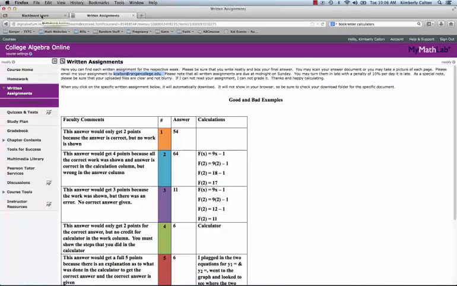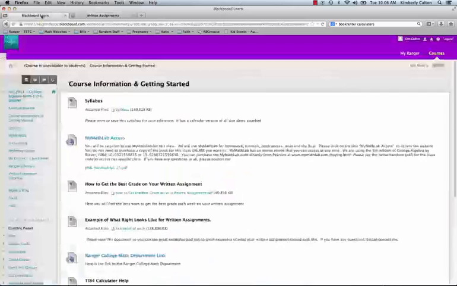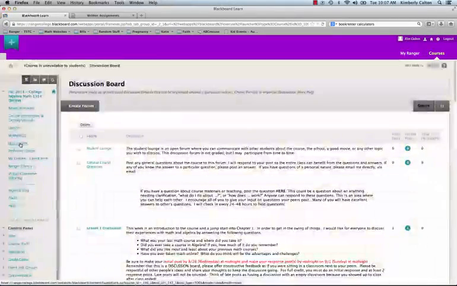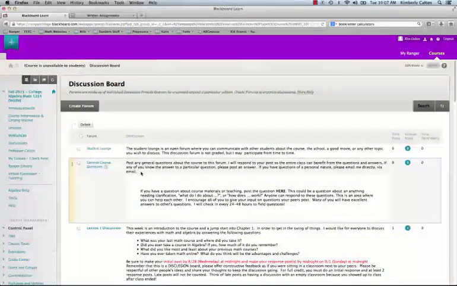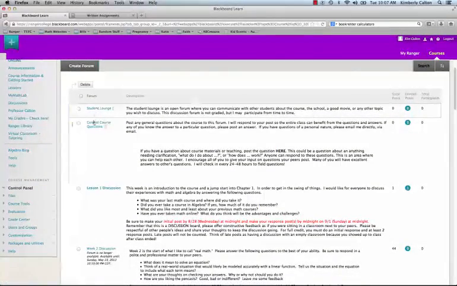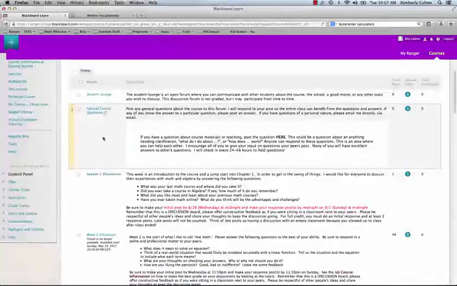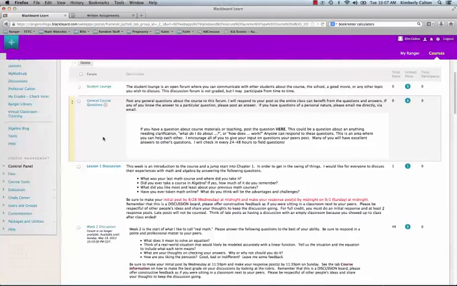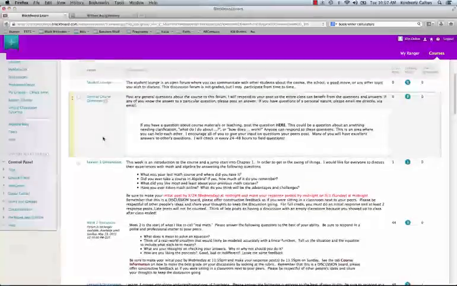Once you have finished everything on MyMathLab, then you'll also need to know where the discussion tab is. Off to the left is a discussion tab. When I click on discussions, you'll notice that there are several discussion boards here. Please make sure you introduce yourself in the student lounge. If you have any questions that would pertain to the entire class, you're welcome to ask it under general course questions or send me an email, give me a call, or shoot me a text. Please tell me who you are if you're texting me.